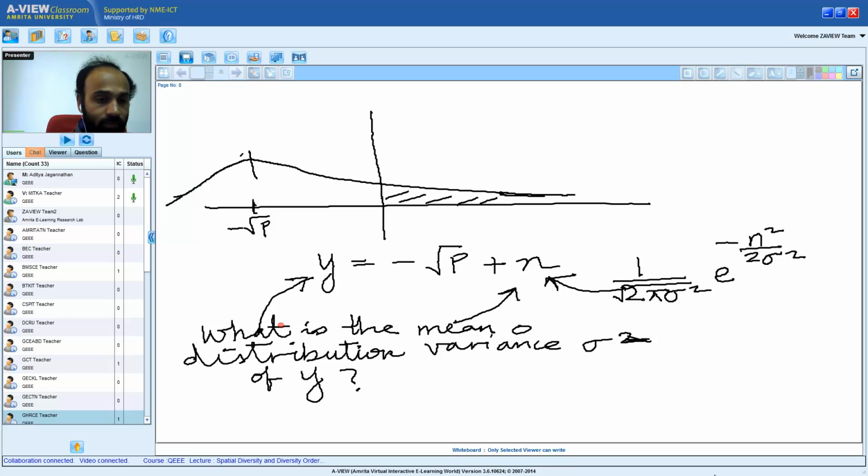The general distribution is 1 by root 2 pi sigma square e raised to minus of x minus mu the whole square by 2 sigma square. Here mu is equal to minus square root of p. Okay, thank you. So what you are saying is basically this is a Gaussian whose mean has been shifted by minus square root of p, correct? Is that correct? Yes, sir. Okay. So basically now what we are saying is the following thing. So the distribution of y is